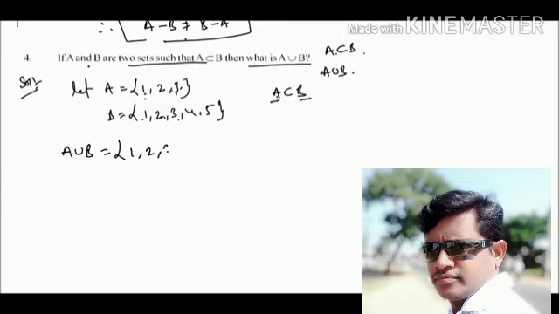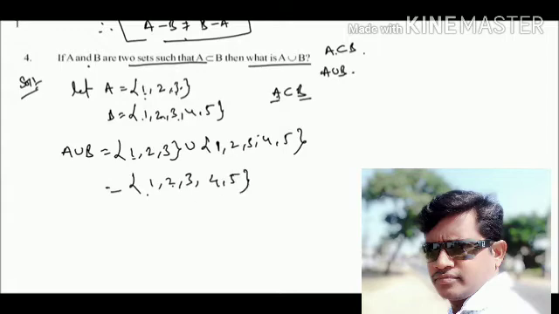So {1, 2, 3} union {1, 2, 3, 4, 5}. A union B is equal to, so union means we have to write 1 2 3 in total. Since 1 is already existing here, we need to write 1 2 3 4 5. So this is the B set. A union B is equal to the B set. So if A is a subset of B, then B is the ultimate answer here.